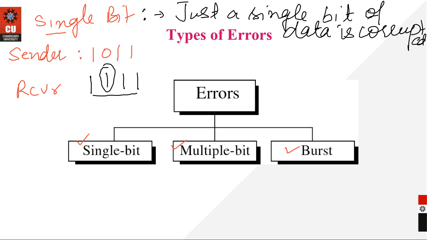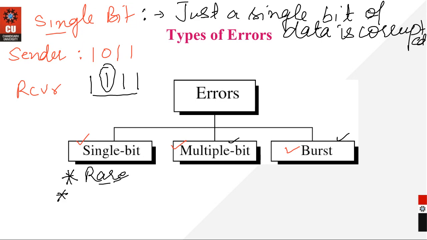Now tell me, is it something which you will see very frequently, that in whatever data you have got, only a single bit of data is impacted? Whenever you are talking about single bit error, just be aware that single bit errors are very rare in nature, right? So you will come across very few cases when there is just one single bit of data which is impacted due to noise. बहुत कम cases आपको मिलेंगे. More or less what you will come across is either the data has got multiple bit error or burst error, right? Why it is so, I'll explain that to you in a while.